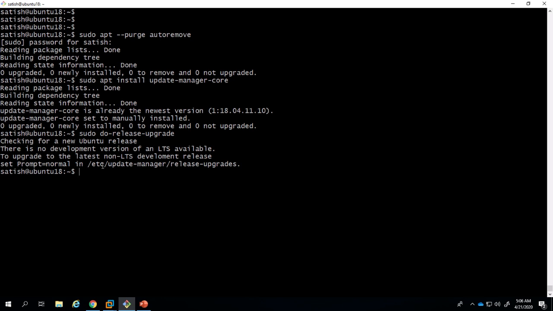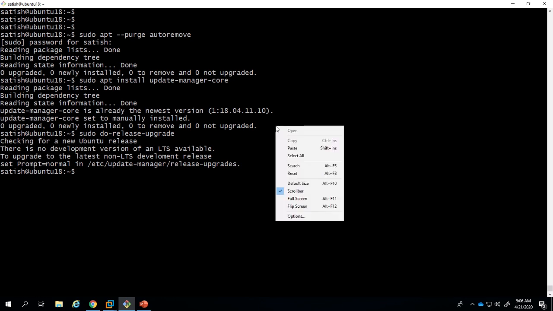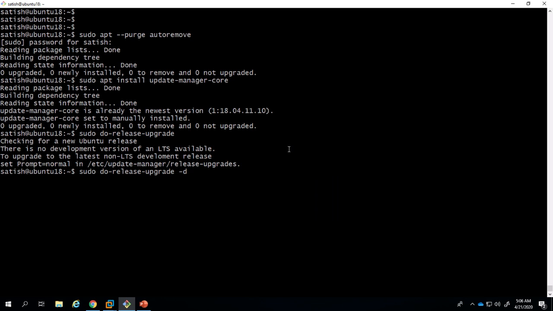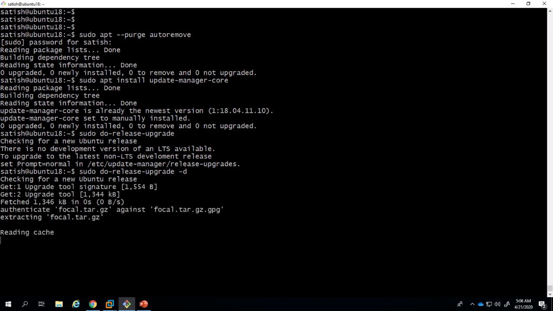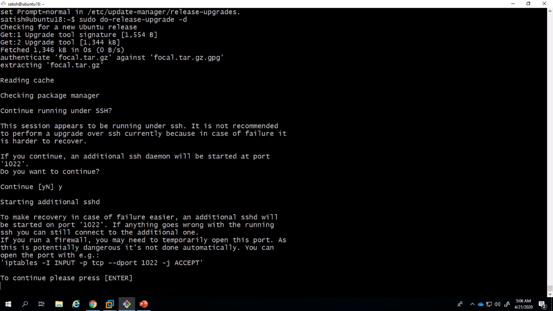No need to verify also, we'll go ahead with the upgrade. Now the upgrade has started, sudo do-release-upgrade -d. It will take a lot of time. If you are going to do this upgrade, your internet speed should be high.